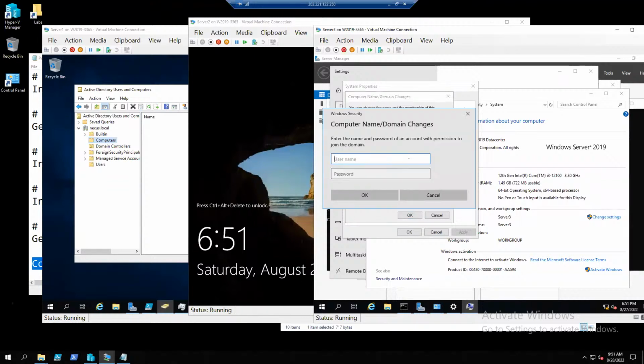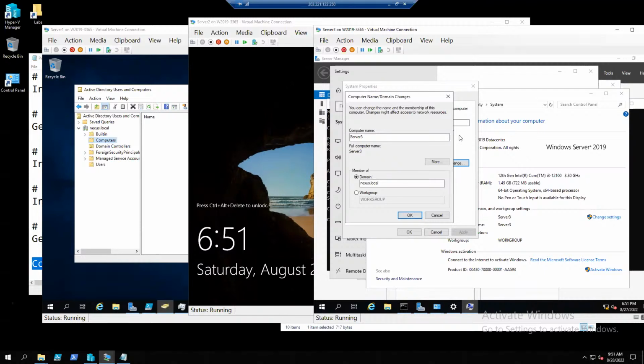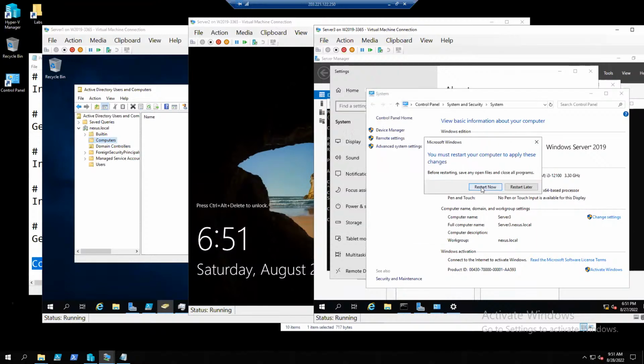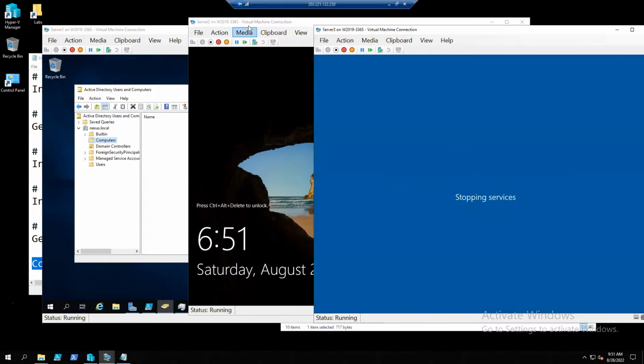Then it'll be asking for domain credentials. Not local, not local. So that's why I put Nexus. Welcome to the Nexus domain. Okay, reboot. So since we joined 3 and 2,